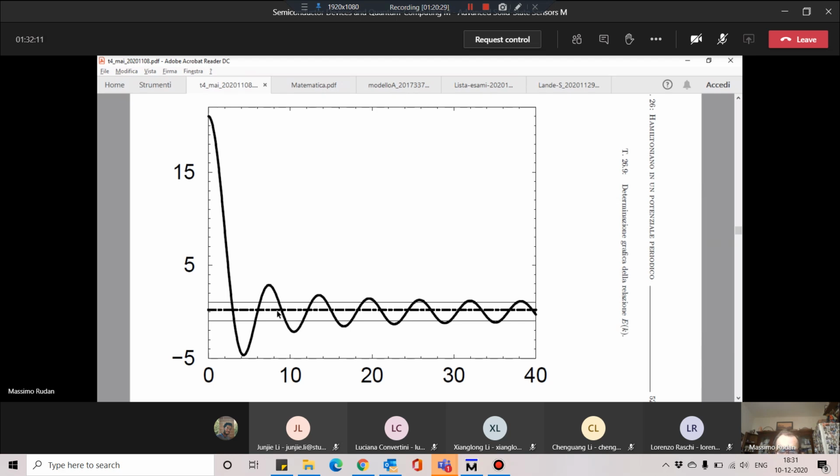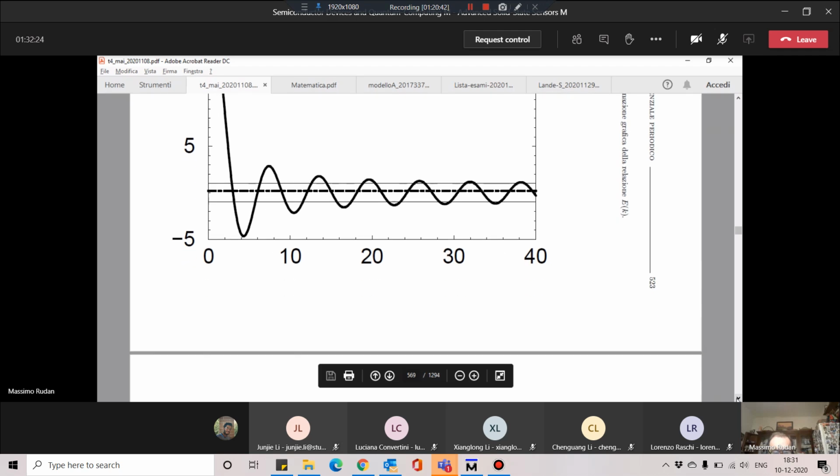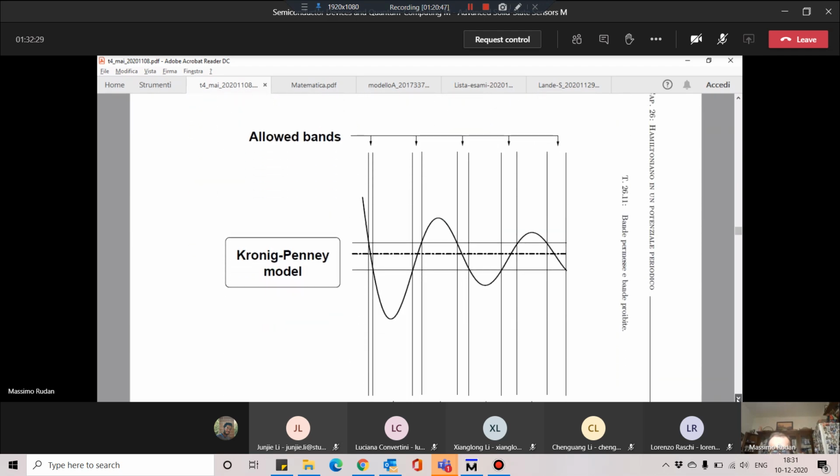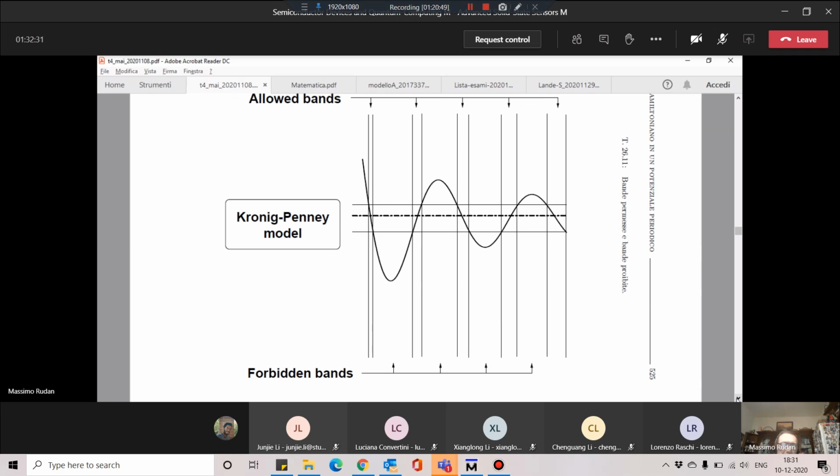Can we also extract the existence of the bands? Well, of course we can, because there is another figure that is better suited to show this. This one. Okay, this is a portion of the previous figure. Okay, so we have this function that oscillates. It is the left-hand side. Okay,